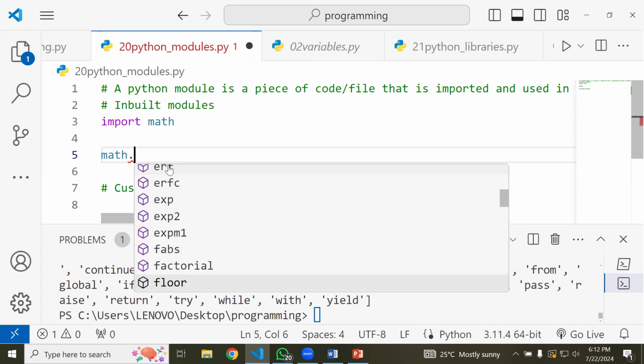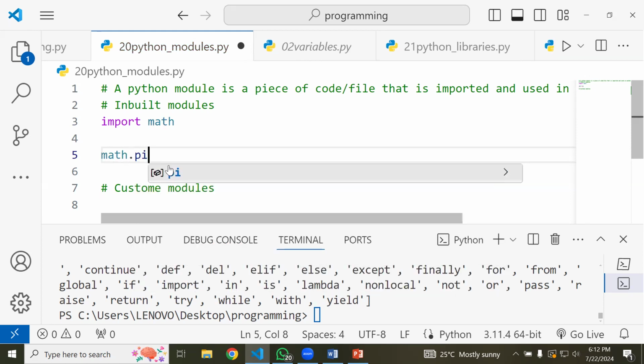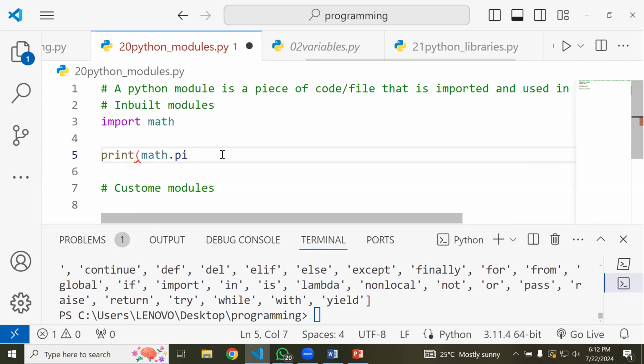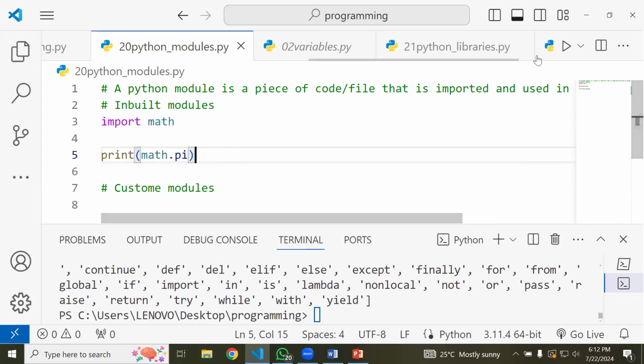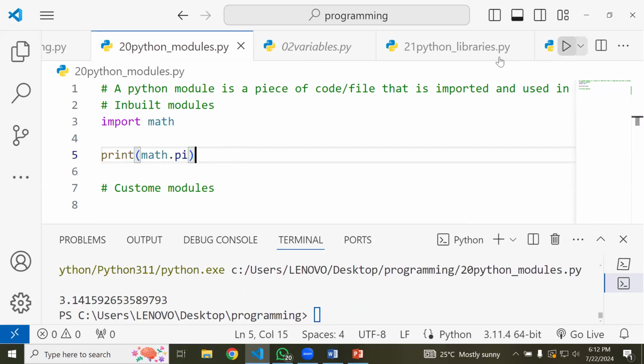And quite a number of them. But then this is what I want. I want pi. And look at the symbol I see over here. Remember when we were seeing the variables, I showed you the symbol. So over here, I can simply do a printing of pi. And now when I run this, indeed, I get that value of pi, which is a constant we already know,